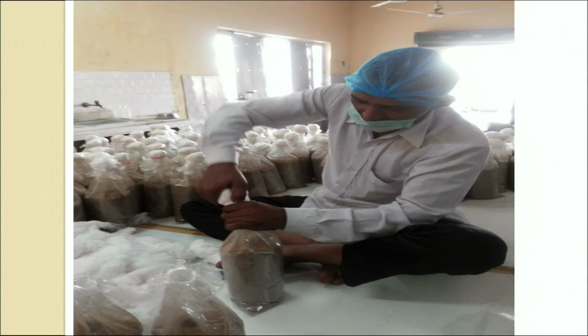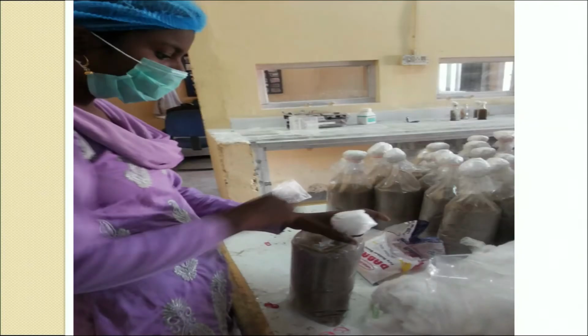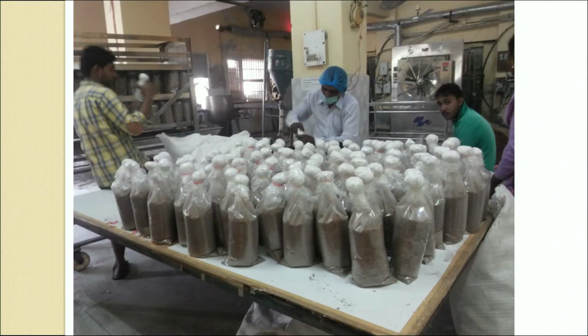So, this person is first filling the bag and then making the space for spawn, and then this bag will be covered with a cotton plug. You have to steam pasteurize the substrate. For that you have to autoclave the substrate. Just closing the mouth of the bag using cotton plugs, like this it becomes ready for